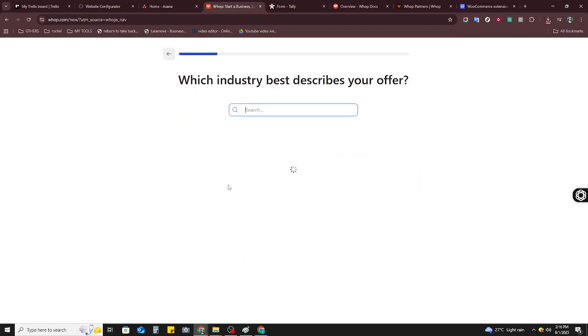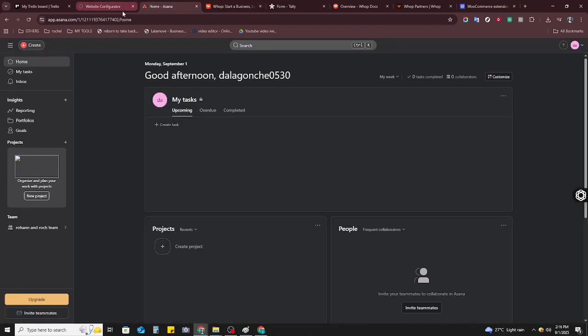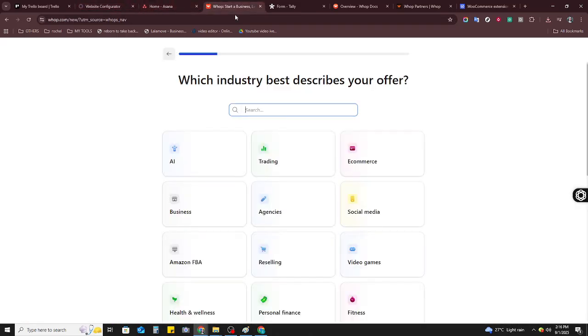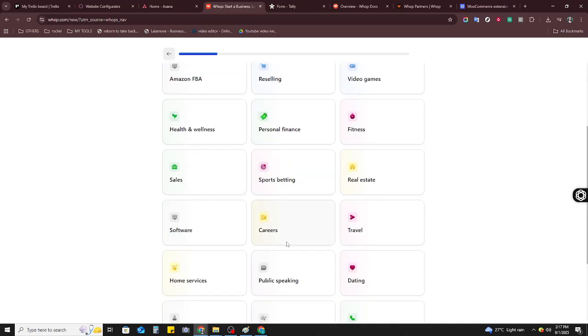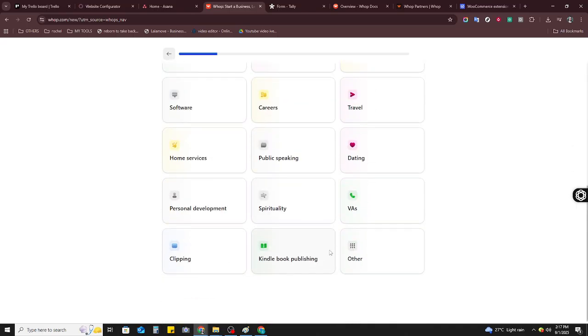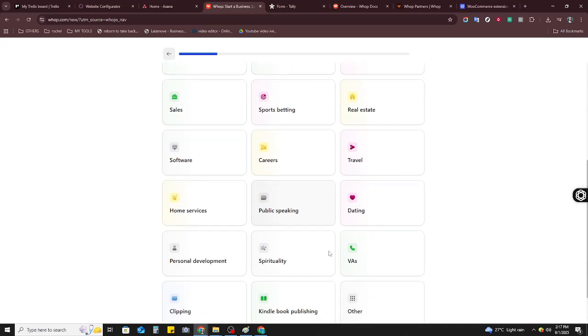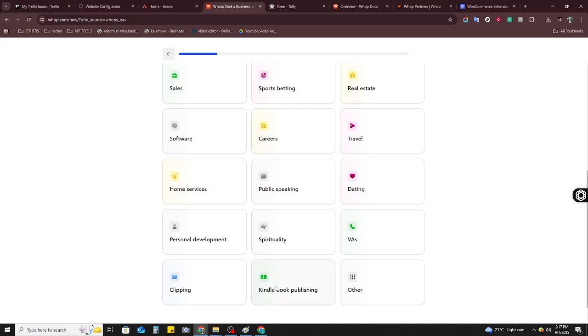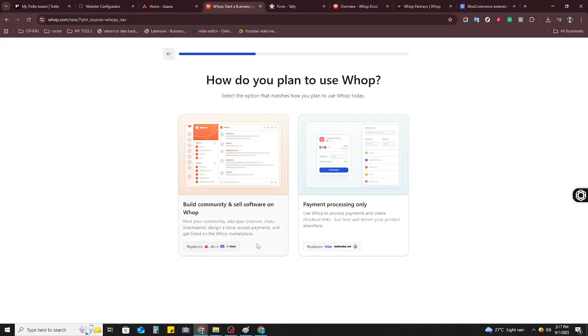Once you've successfully connected your chosen payment method, it's a good idea to double-check all the payment details you've entered. Confirm that your bank account numbers are accurate, your PayPal email is current, and that your preferred currency and payout schedule match your financial needs. Whop might send a test transaction to ensure everything is functioning as expected, so be sure to monitor your bank or PayPal account for this test payment and confirm its receipt to finish setting